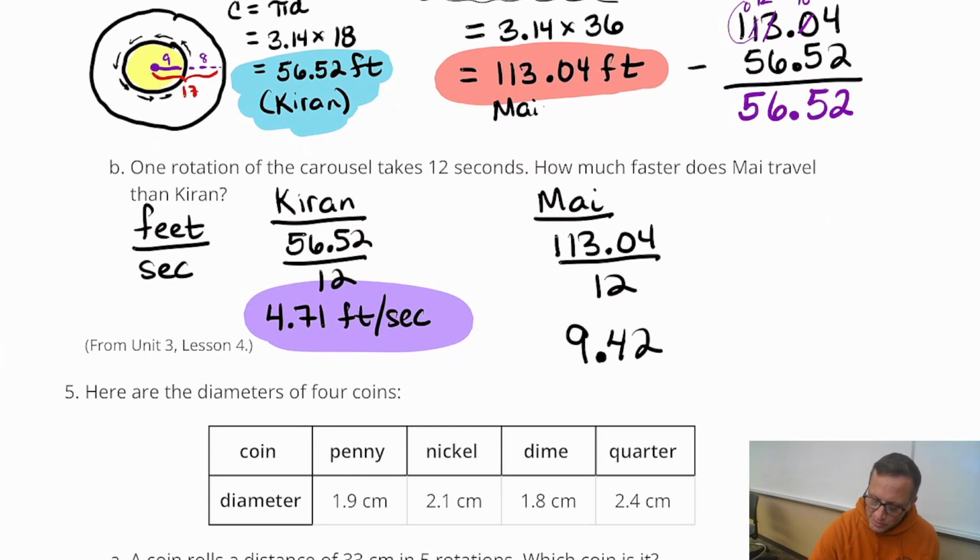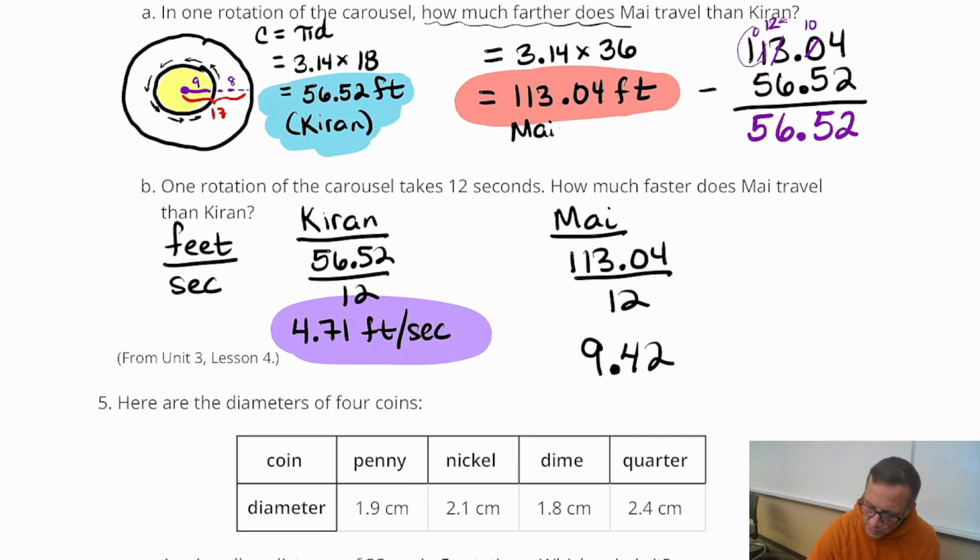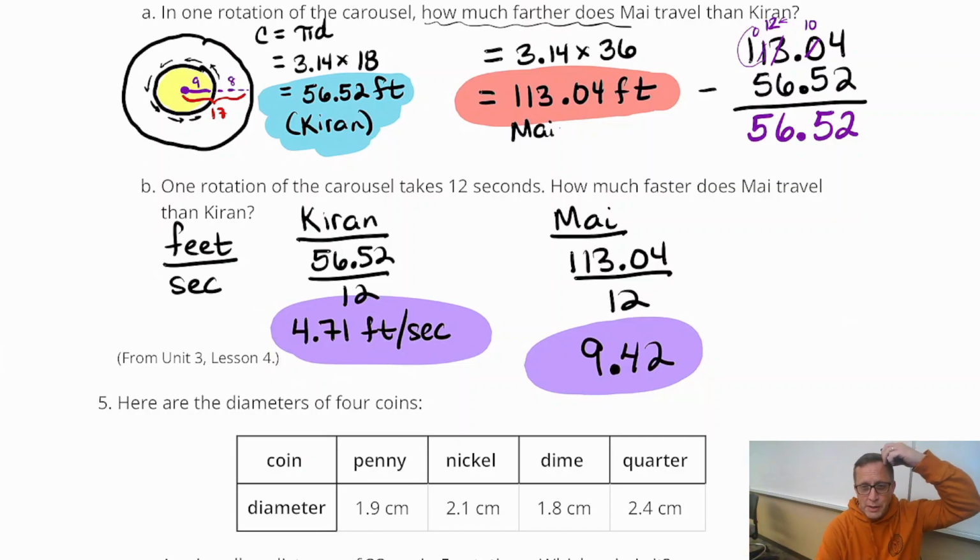So you can see Mai is on the outermost part of there. I didn't label that, sorry. Yeah, so Kieran, who's on the innermost part of the carousel, is going faster. Mai is on the outermost part, or at least in the outer ring, further away from Kieran, and Mai's going at a slower rate, which makes sense, because when you think about it, what first comes to mind for me